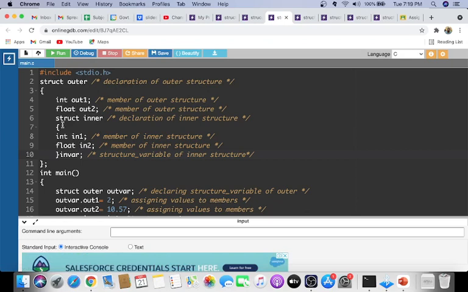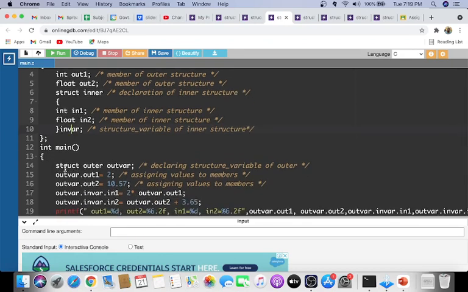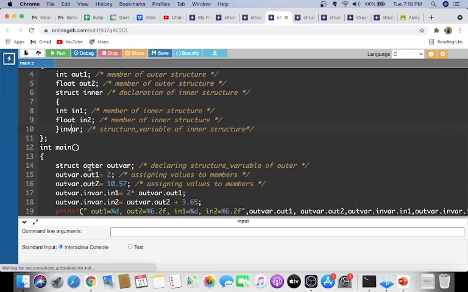So inside this outer structure we have another structure which has two variables, an integer variable and a float variable, and we have an invariable of this inner type. We are not declaring any outer variable there, and inside the program we are declaring struct outer outvariable. So we are declaring a structure variable for the outer structure.